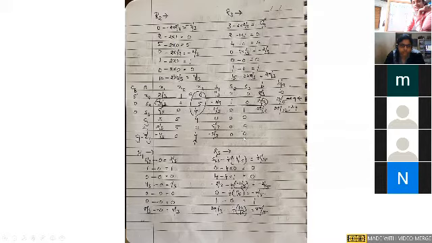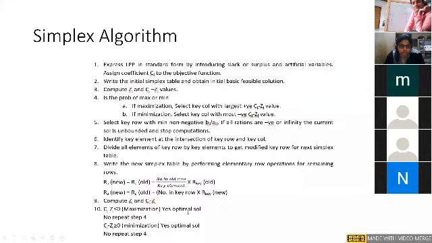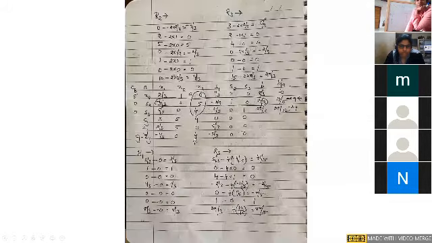So when we calculate Cj minus Zj, again there is a positive value. All values must be less than or equal to 0. Again, I'll go back to this algorithm. If it is a maximization case, all values must be less than or equal to 0. But as per our current matrix, it is not. One value is positive, so immediately highlight that, and this again becomes the key column.